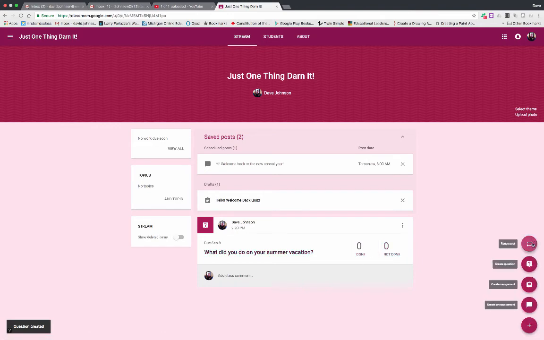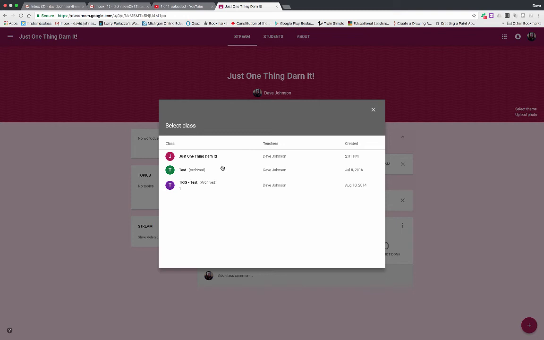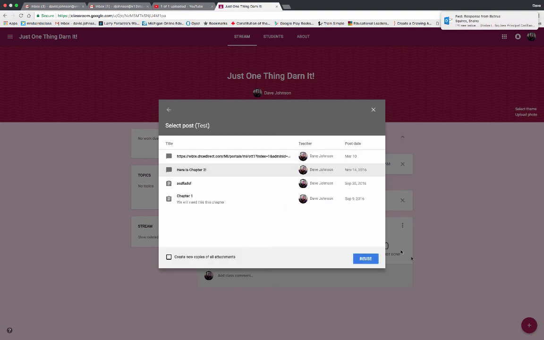The final option is to reuse a post. And if you click on Reuse a Post, you can take a look at all the classes that you've ever taught that you've saved that are either archived or are already listed on your class menu, and you can choose to take something from there and